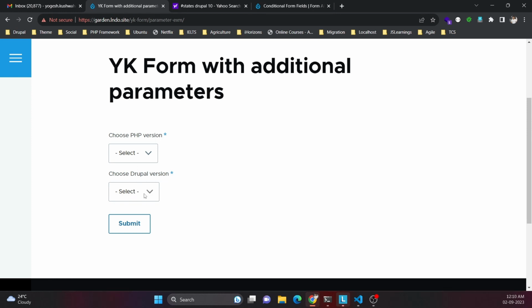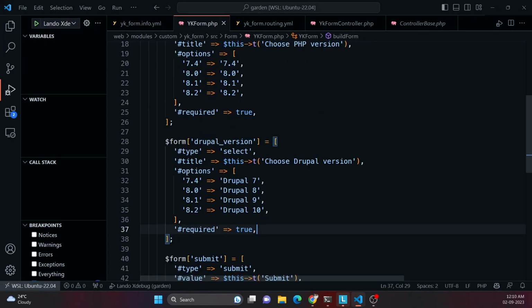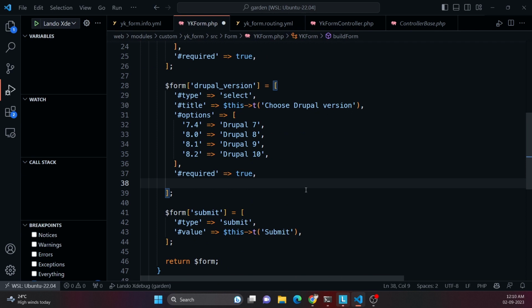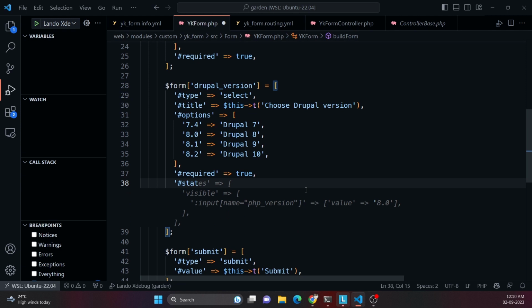by default. So for that we will go to our form class, and I want to hide this field, right? I want to hide or show this field based on the selection value of the PHP version field. So I will write #states in my second field. So it has states, and it will accept another attribute, visible, and in visible we will pass the jQuery selector